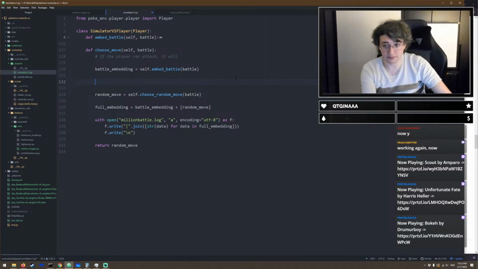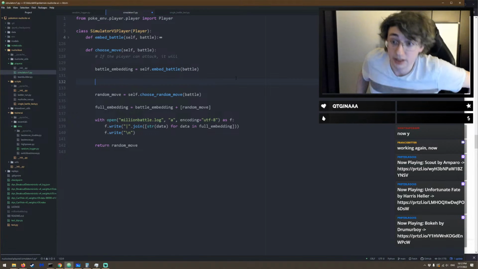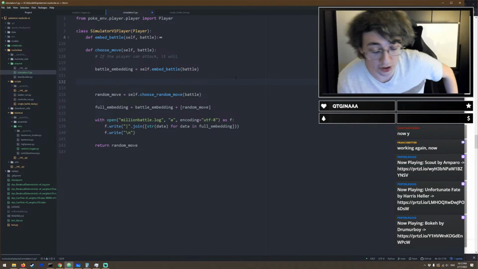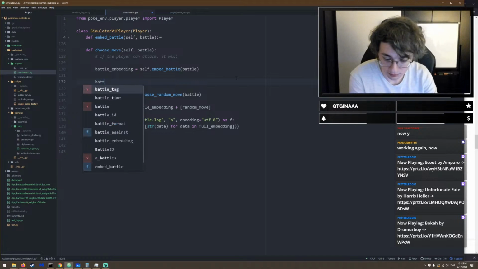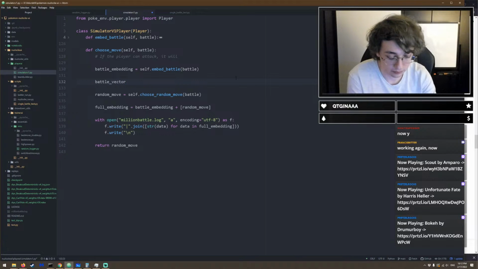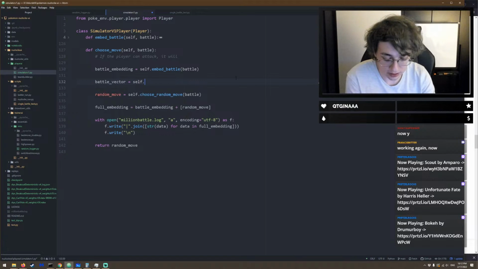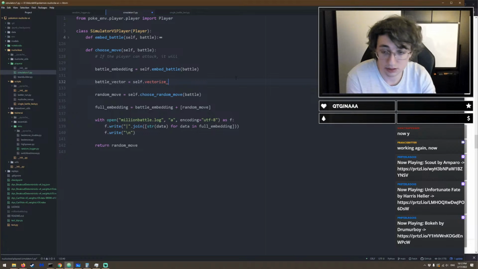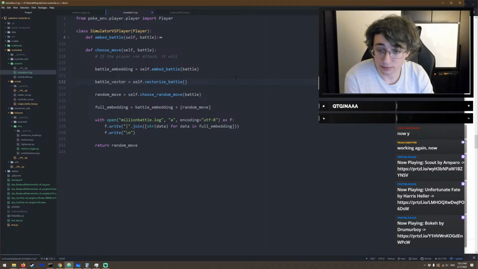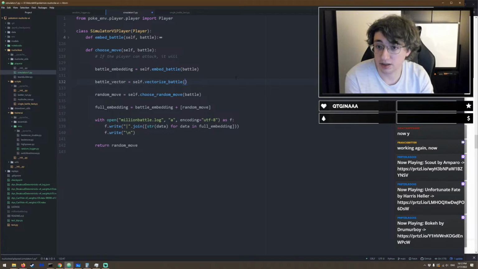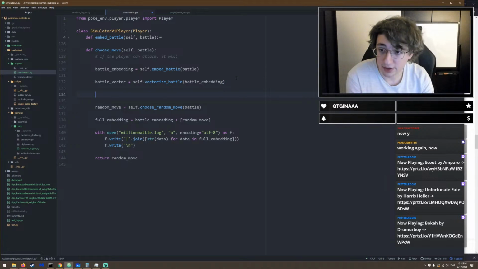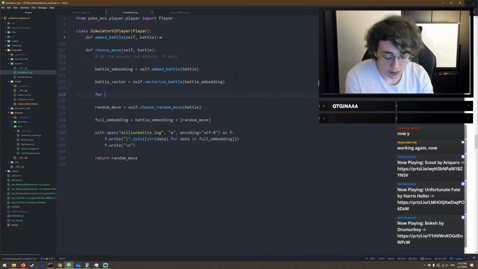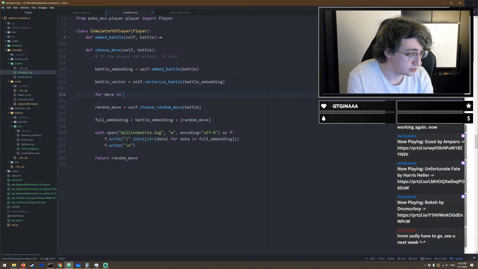On the other hand, now what we need to do is we need to turn this battle embedding into the battle vector. Self.vectorize battle, which is going to take the battle embedding and then we need to say something like for move in